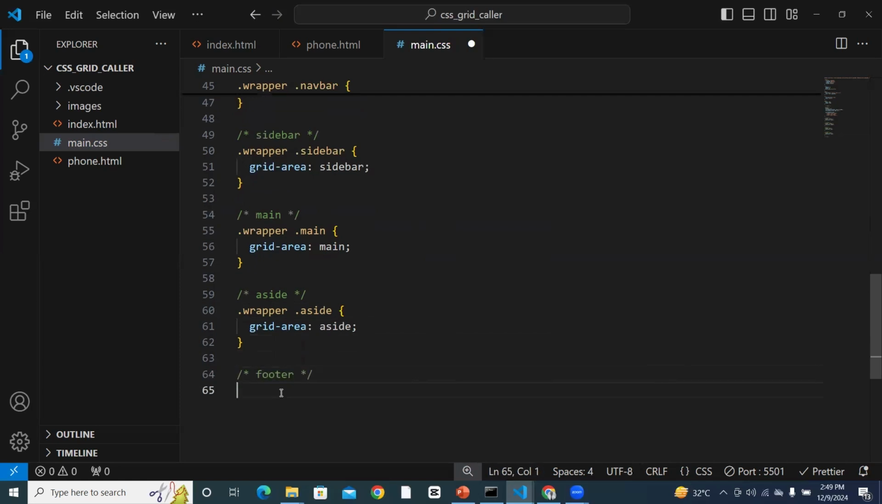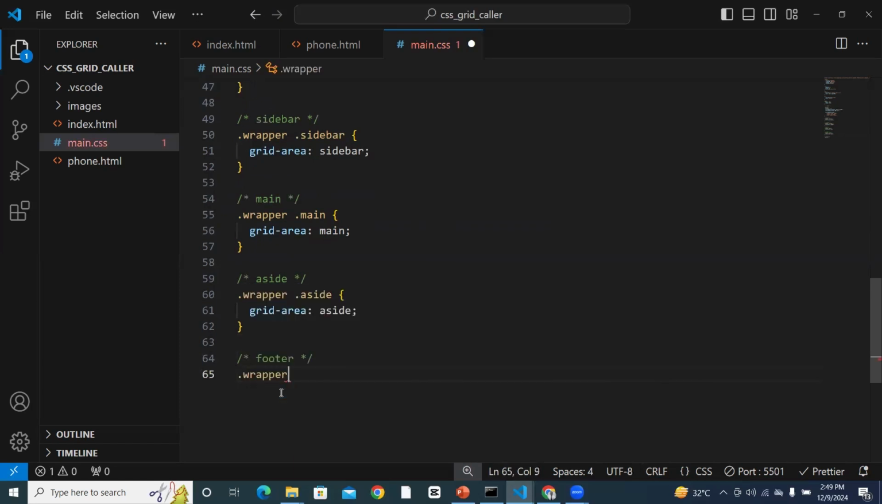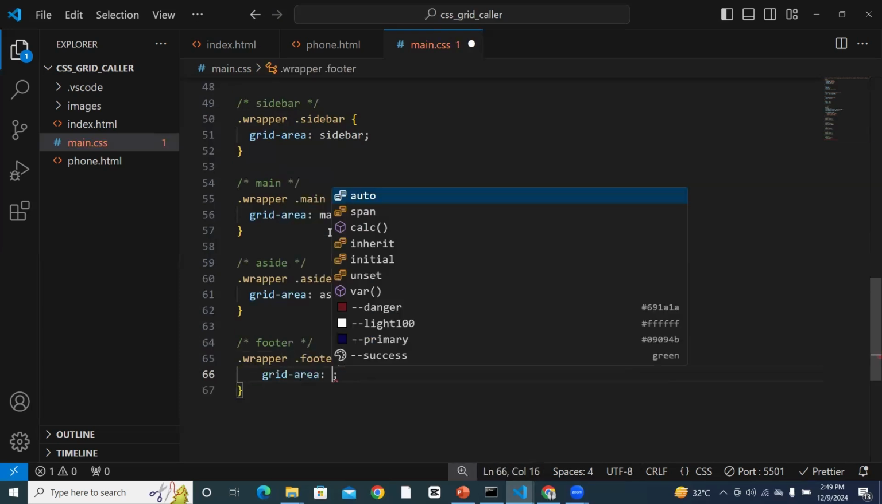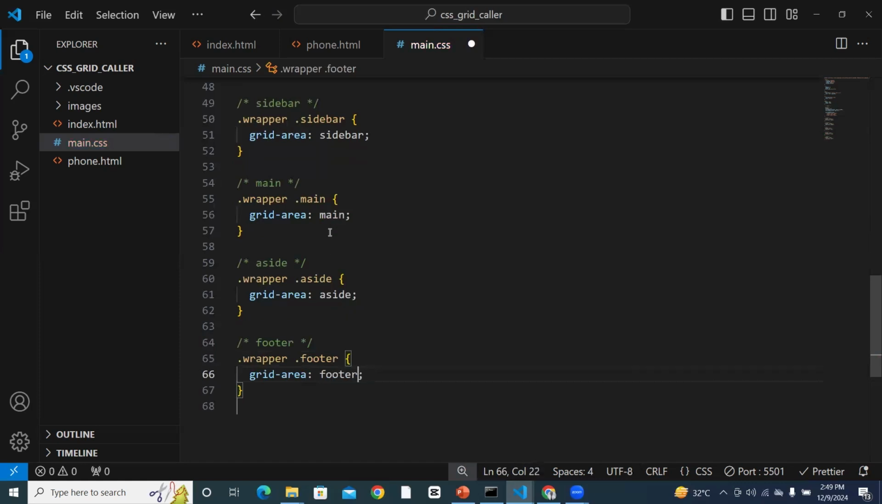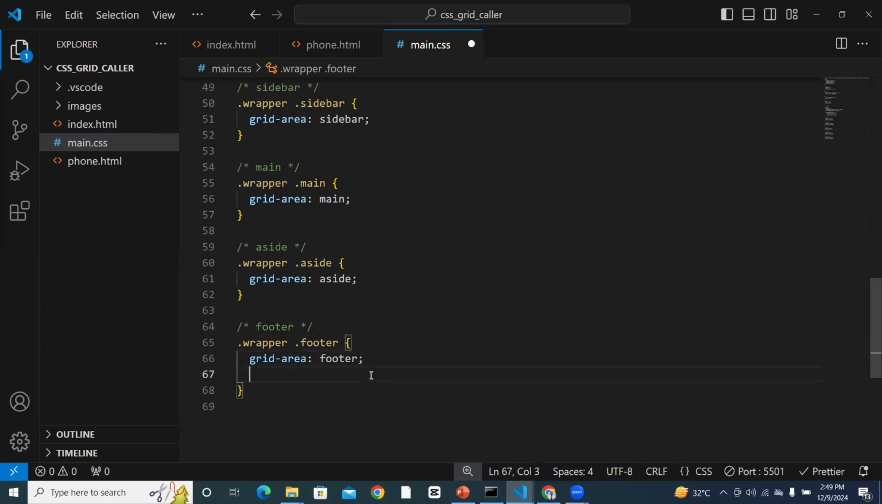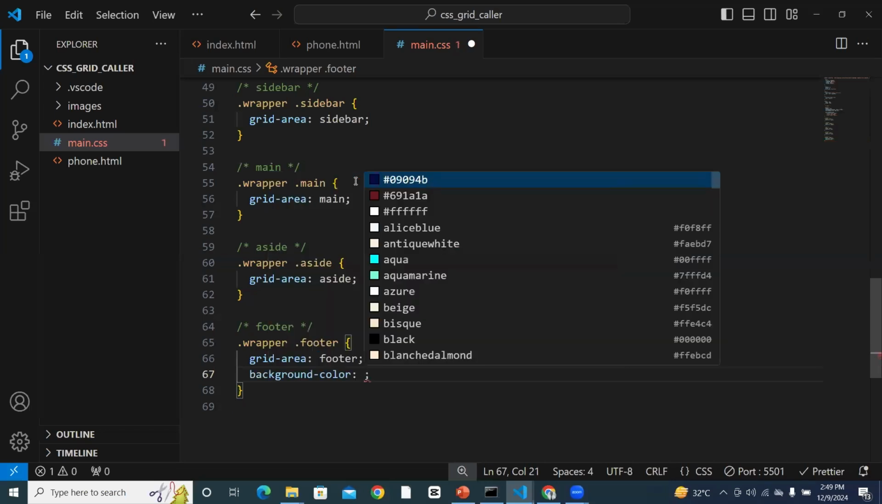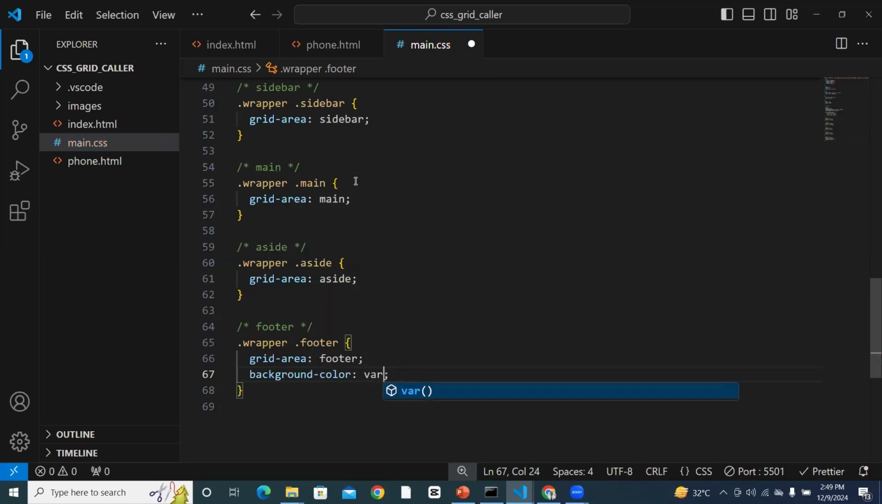The footer, then we're going to have dot wrapper dot footer. So grid area, I'm going to have footer. So the thing now is, if you want to see what's going on here, I didn't give any background. Let's say I set the background color here for the footer to var primary,